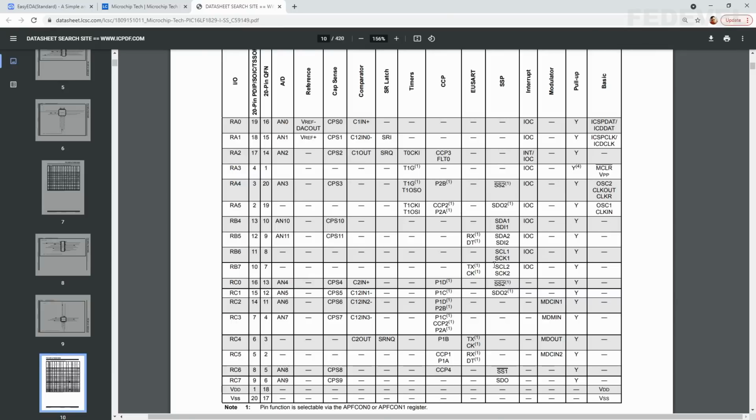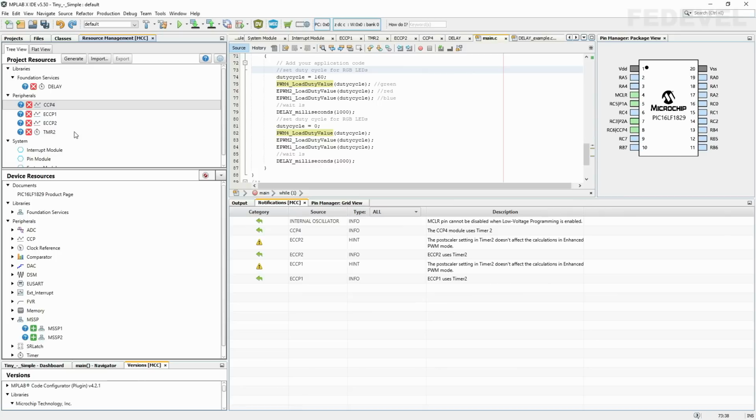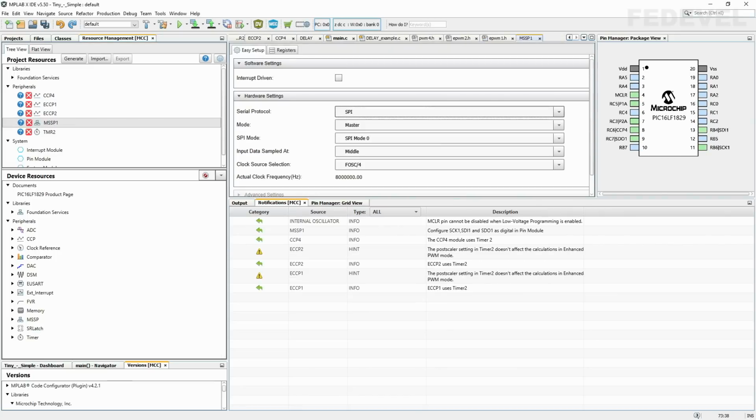This means we would like to use MSSP1 module. Click on plus, and everything we have to do here is just to change the serial protocol to I2C.